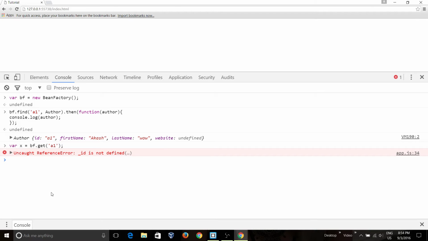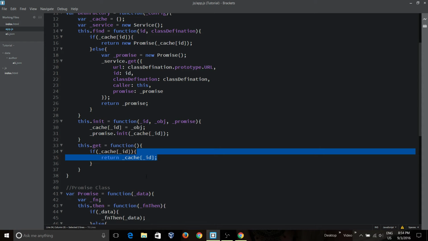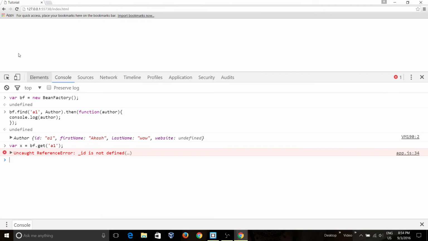Okay, so it says ID is not defined, so I go back, and actually what I did is I copy pasted from this cache, but it should not be like that. Oh sorry, my mistake, it should be, and I will be taking this as an ID here. Cool. Now let's go back to the console,